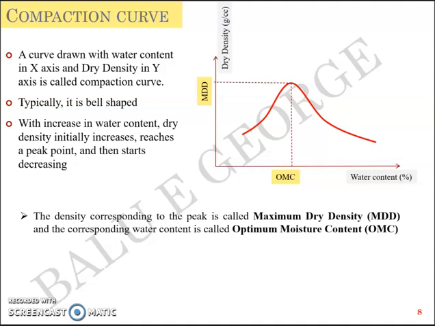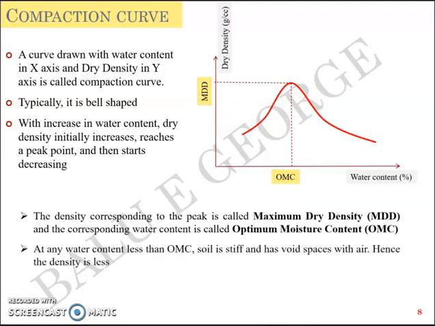And at any water content which is less than OMC, you have OMC here, and you have the water content less than OMC in this region, it is called the dry of optimum region. And any water content which is greater than the OMC is called the wet of optimum. Wet region, dry region. Now, any water content less than OMC, what happens is that the soil is stiff and the void spaces are usually filled with air, and the density is less because the density of air is less than the density of water, right? For that simple reason, whatever soil that happens to be on the left side of OMC has a lesser density,